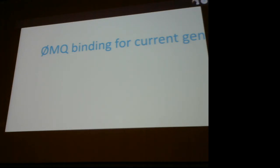So, ZeroMQ bindings for current gen. A lot of credit goes to a gentleman called Martin Sustrik, who's the author of the current ZeroMQ binding for ZeroMQ. His code is available on SourceForge, and basically he created back in the day, back in 2010, an